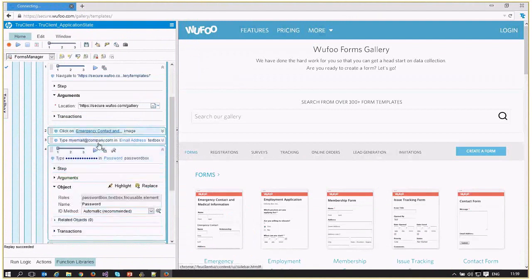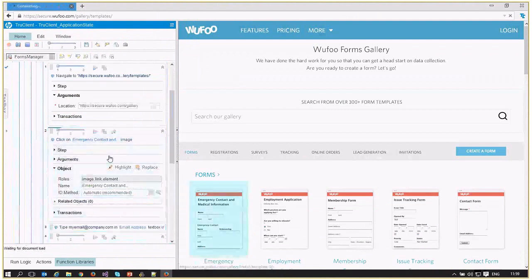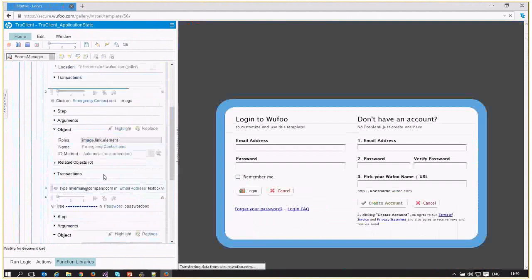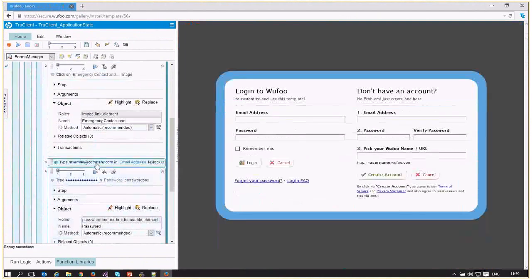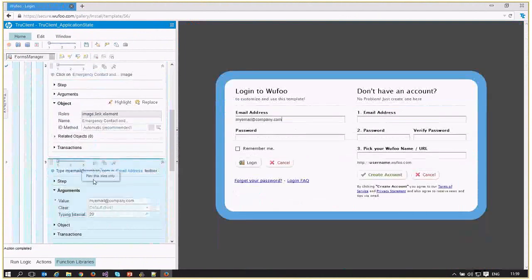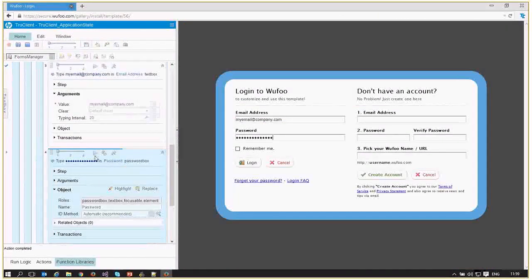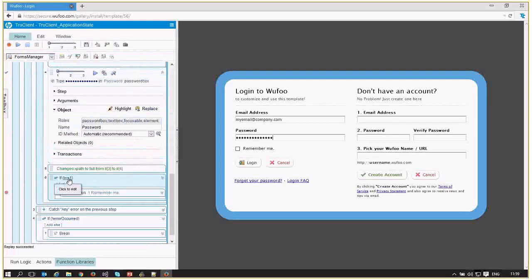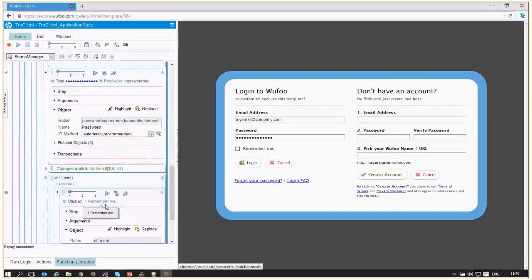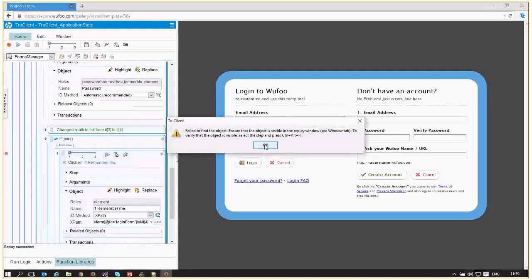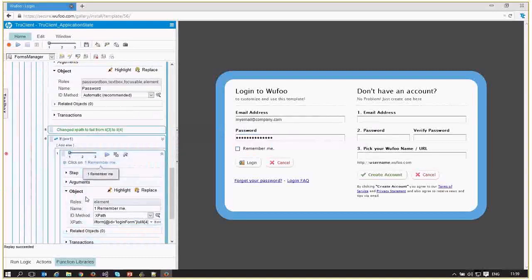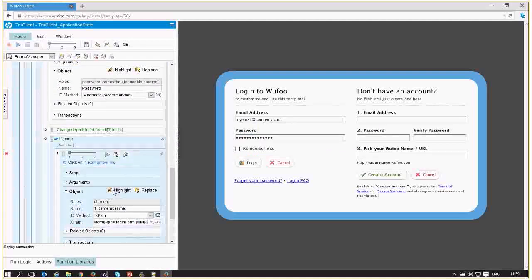In the object identification, I clicked on that and typed the email and the password, and right after that in here I click on this checkbox. So I deliberately changed this object identification in here not to be the correct one,